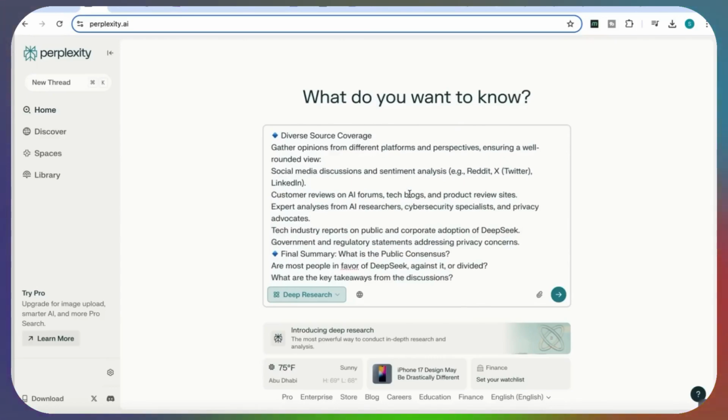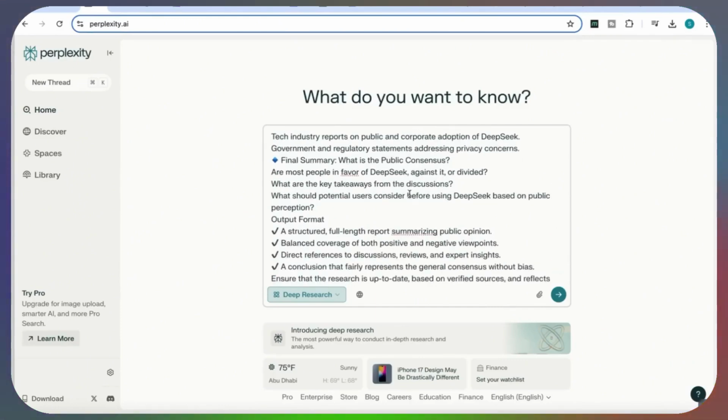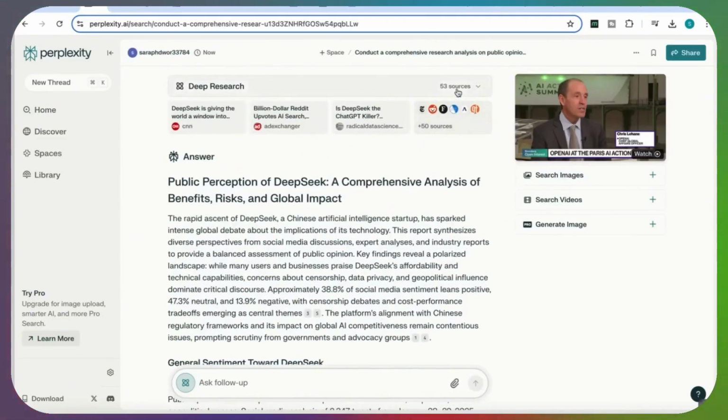So I want it to be diverse. I want it to extract information from different sources like social media discussions, customer reviews, expert analyses, tech industry reports, and so on. And then the final summary. What is the public's consensus? Are most people in favor of DeepSeek, against it, or divided? And you can see that you can do this with so many different products, or you can do this as a competitive analysis as well to find out what people like about other people's products in order to help you enhance your own. Okay, so it's now come back with the answer, and we can see that it's explored 53